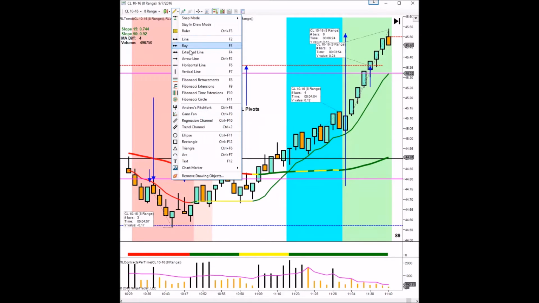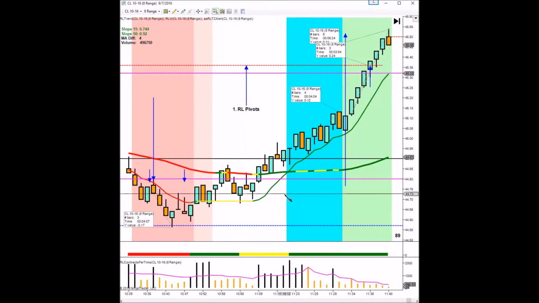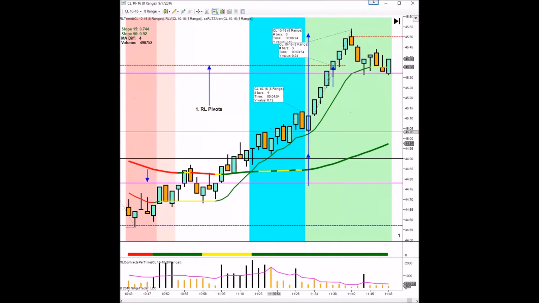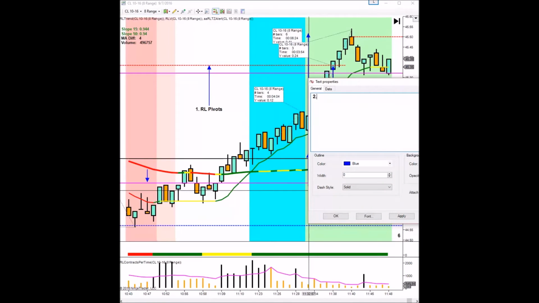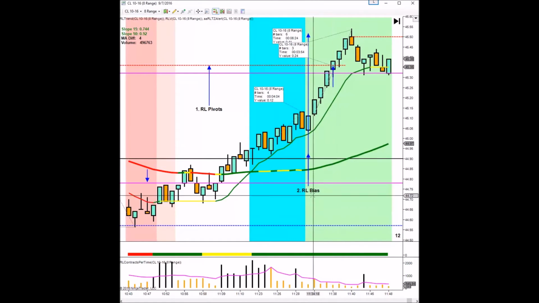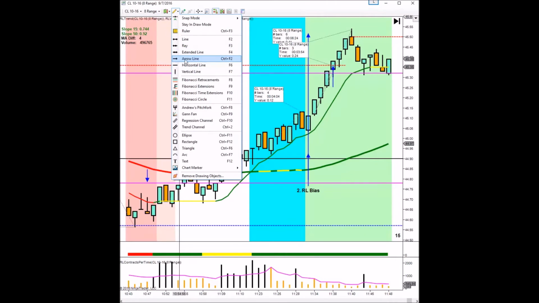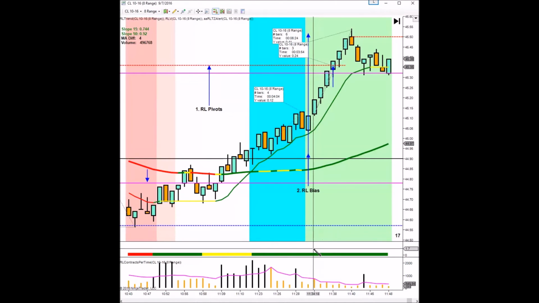Indicator number 2 is background bias. Now, I'm not here to give you a detailed explanation of the different up colors or down colors. I just want you to know what you're getting if you purchase the software. We will have an in-depth webinar to describe exactly how to take the signals and how to trade it. Indicator number 3